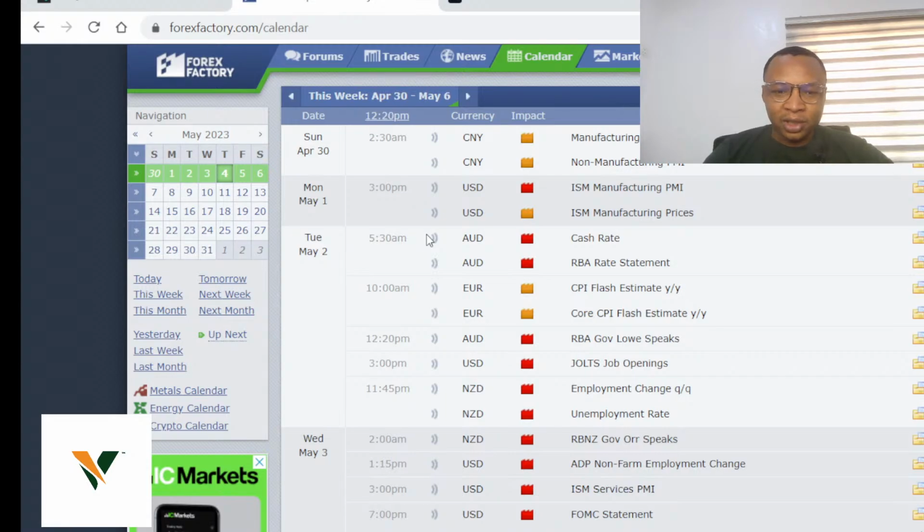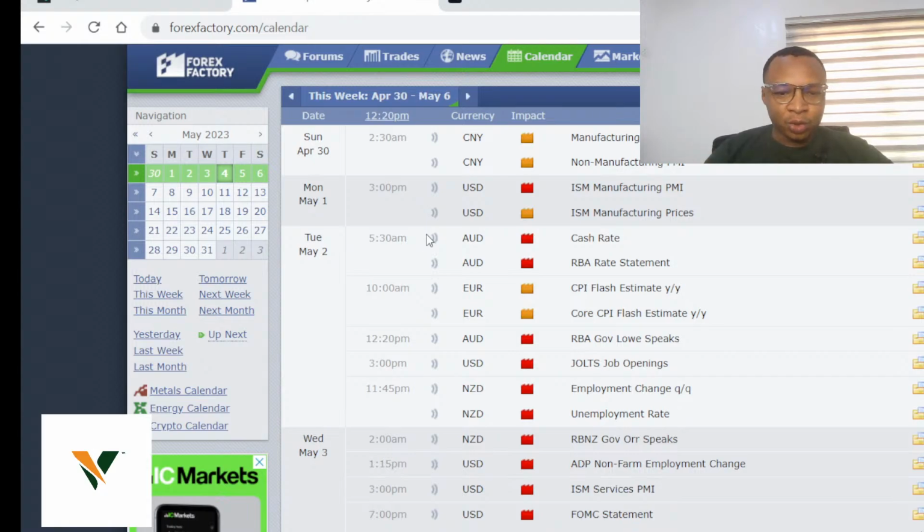All right, so for Wednesday, we had ISM services by 3 p.m. yesterday, we had ADP by 1:15 p.m., that's the non-farm employment change, and then we had the FOMC Fed funds rate by 7 p.m. yesterday. That was on Wednesday. We knew that the market was not going to give us as much as we would want, and we were going to see many of our analyses violated. So we stayed off. That was why we didn't get any updates on Wednesday.